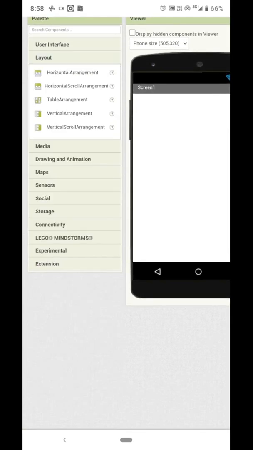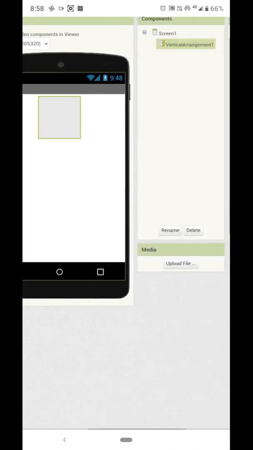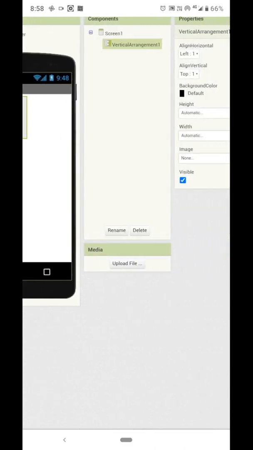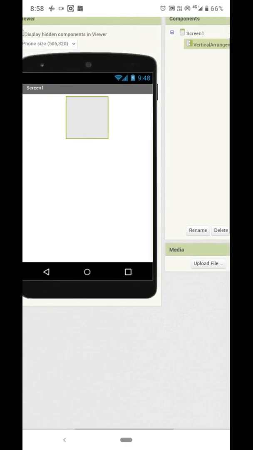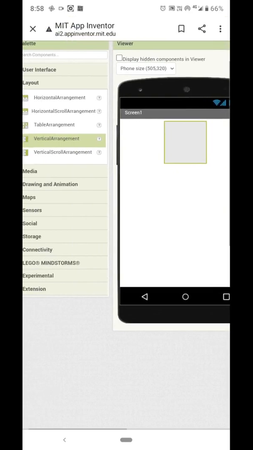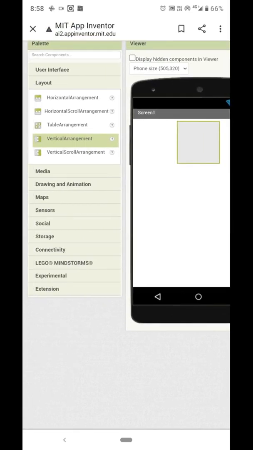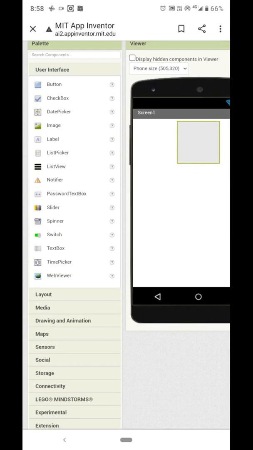Then take a layout, vertical arrangement. Adjust the layout property to center. Then go to user interface, take one button, then take three labels.